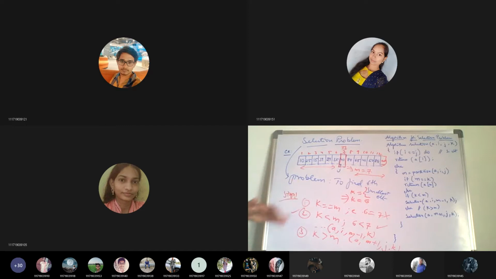In order to find the kth smallest, we compare with the index the partition algorithm returned; that value I am storing in M. The kth smallest you want to find needs to be compared with M. Whereas in binary search, we checked the middle element and the element to be searched, here we check the smallest element position and the partition position.